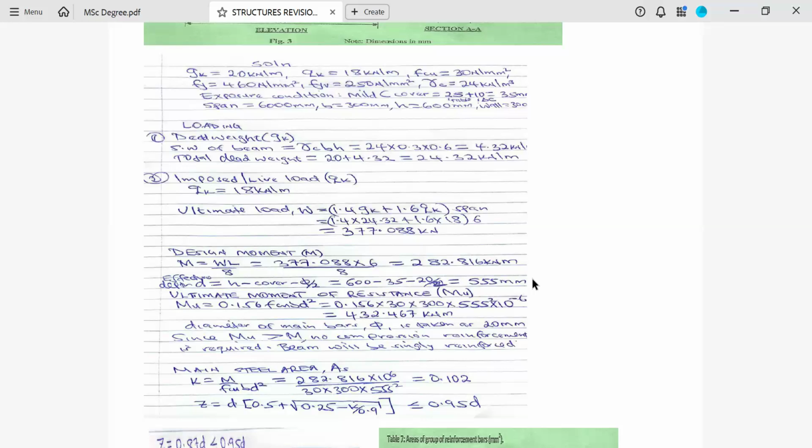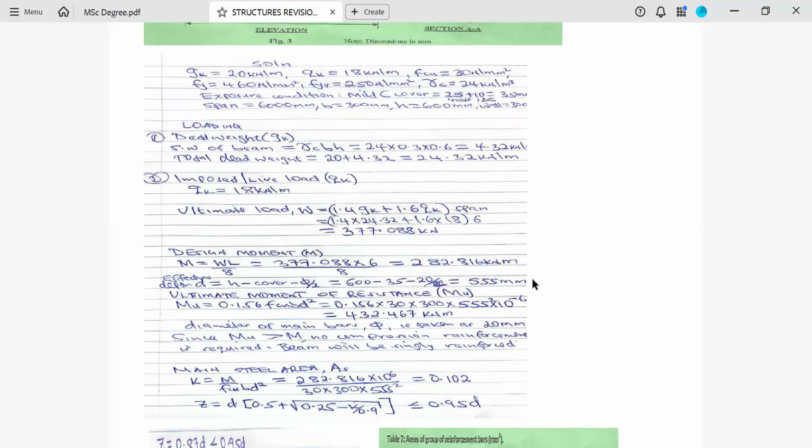So for this case, I assume the bar is 20 millimeter in diameter, which means that our H, the overall depth of the cross section, was 600 minus 35, the cover we computed due to exposure condition and cover deviation. Now that will give us 555 millimeter, which means our ultimate moment of resistance will be 0.156 times 30, which is the strength of concrete, times 300, which is B, times 555